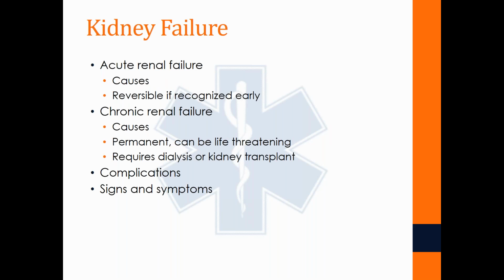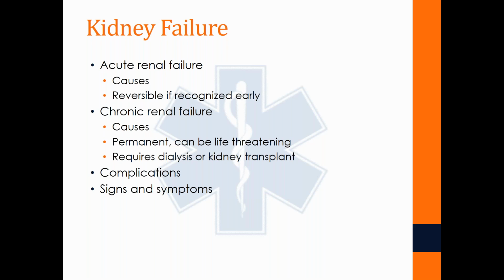When we talk about kidney failure, we have a couple of things. It can either be an acute renal failure, abbreviated ARF, or chronic renal failure, which is CRF. Acute renal failure will have some generally reversible causes that can be fixed, that can be managed and maintained so that those kidneys will still begin to function. Things like a traumatic event that leads to hypovolemic shock, sepsis, UTI, generally those kind of things can